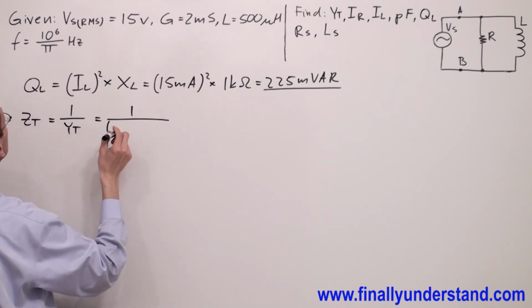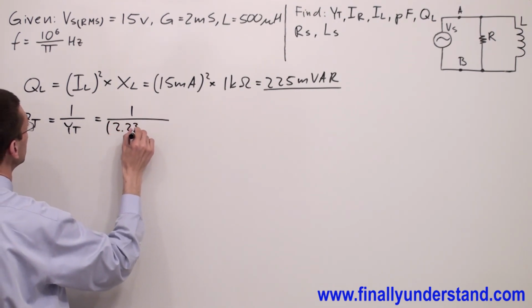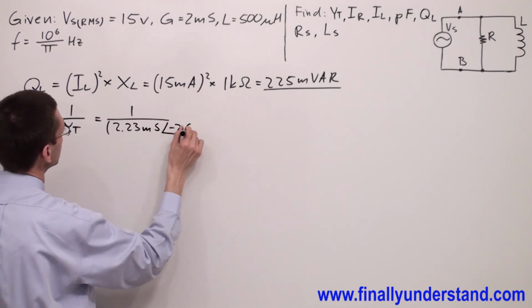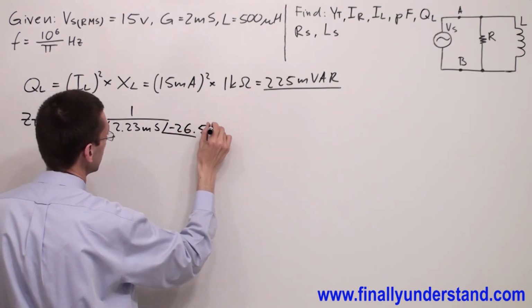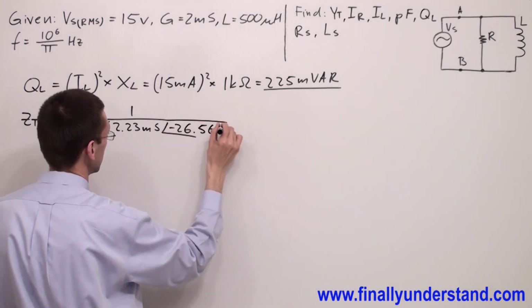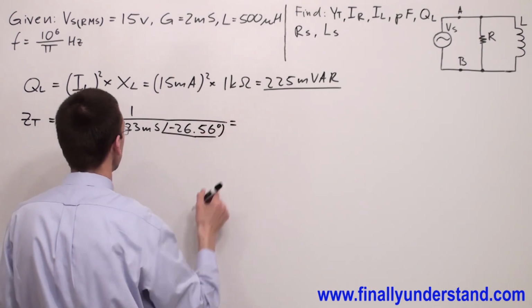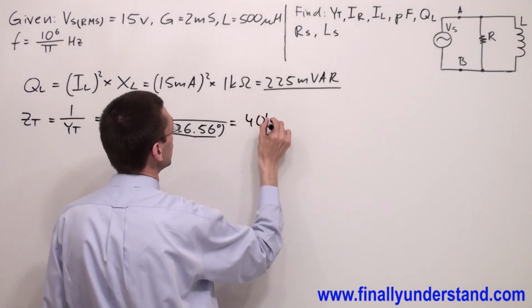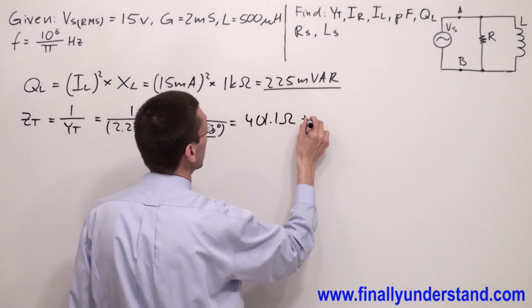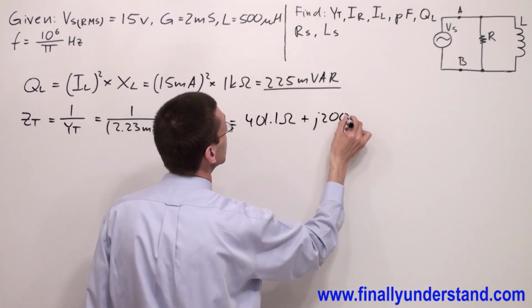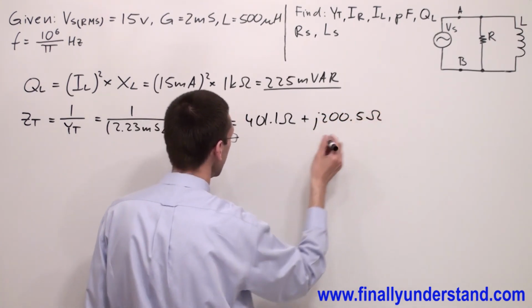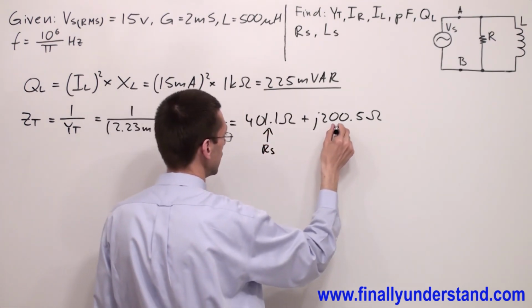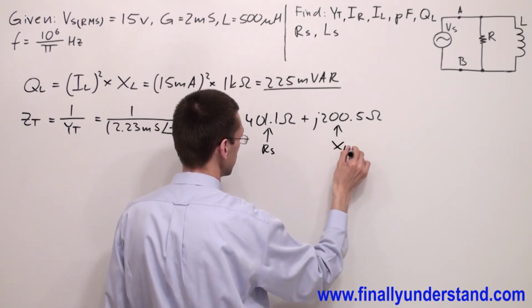Y total is equal to 2.23 millisiemens at an angle of negative 26.56 degrees, close parenthesis, is equal to 401.1 ohm plus j 200.5 ohms,